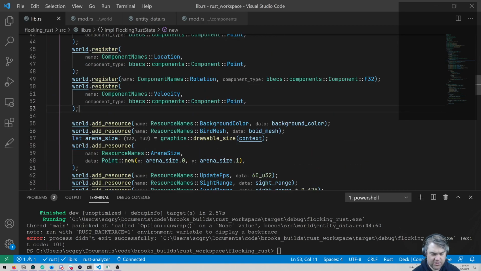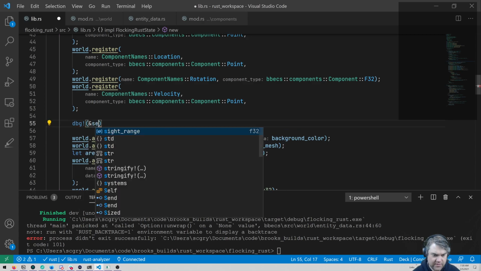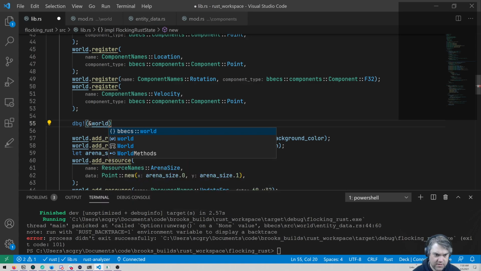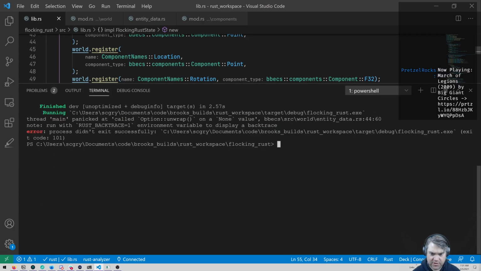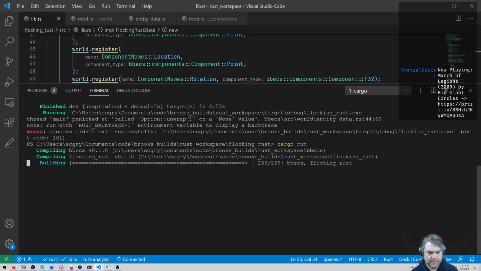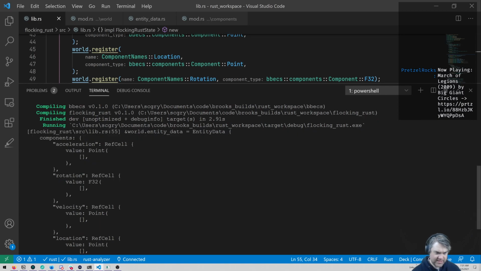After I register, I want to do a debug of the world dot entity data. That's it. I just want to debug that out so we can see. And of course, we're going to panic right afterwards, so we'll be fine. Okay, so I see here we have components.